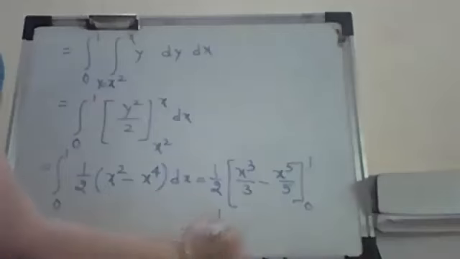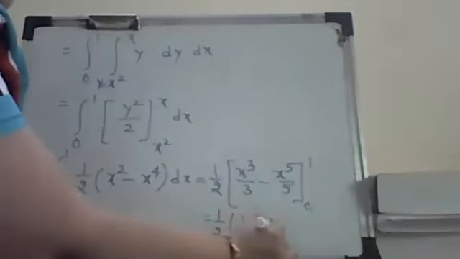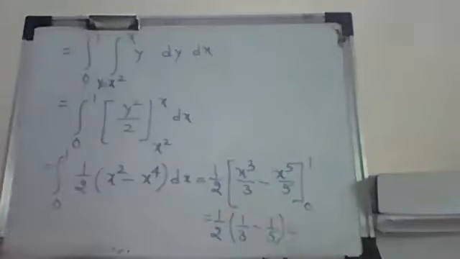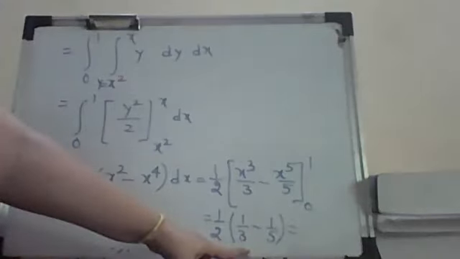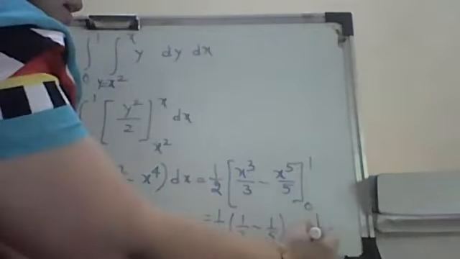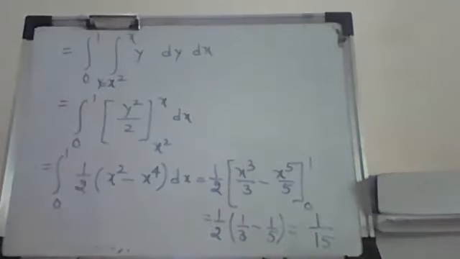You can see that it is half times 1 by 3 minus 1 by 5. Now this is what? 5 minus 3, that is 2 by 15. So you get the answer as 1 by 15. Okay, 1 by 15. So this way you can solve this. And see, it becomes very simple once you apply Green's theorem. And whenever it is mentioned in the paper that you use that particular theorem, that means you have to use that and find out the other part of the given statement.